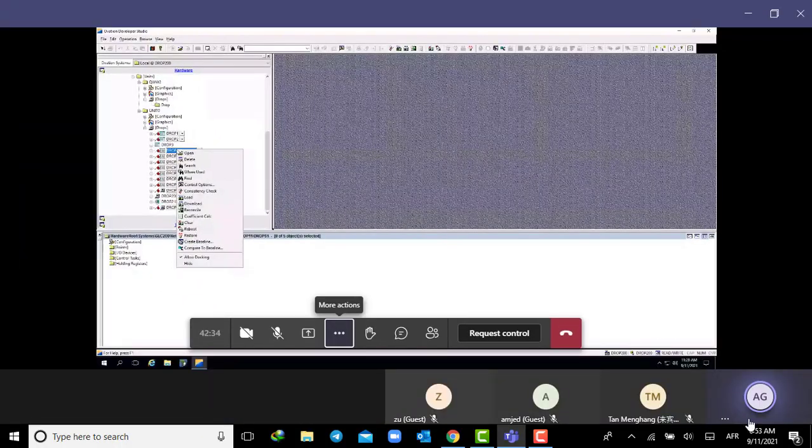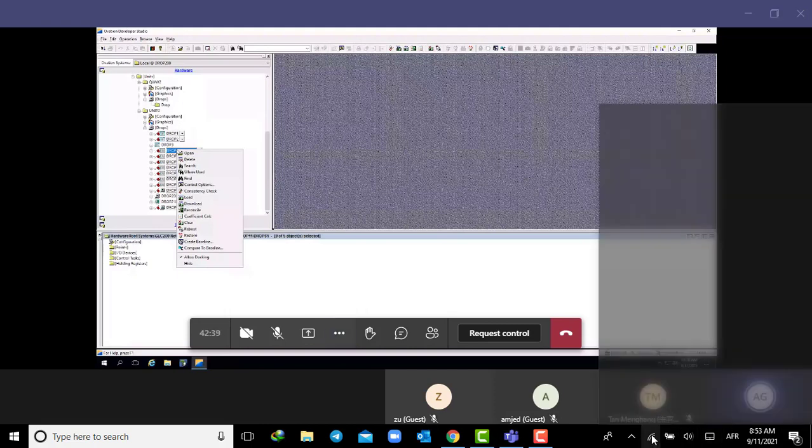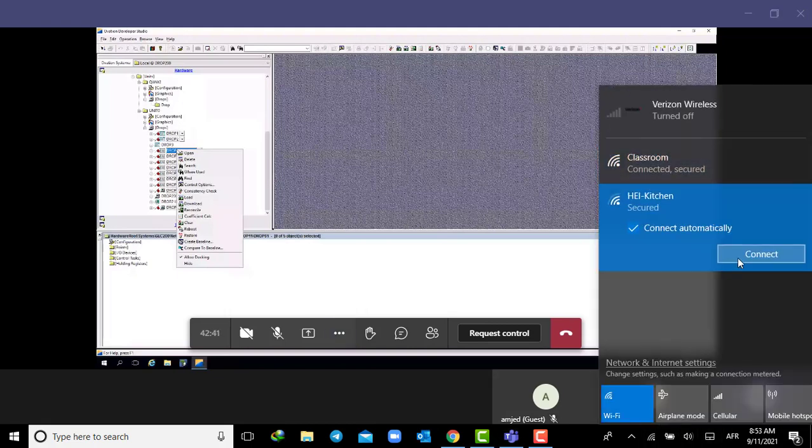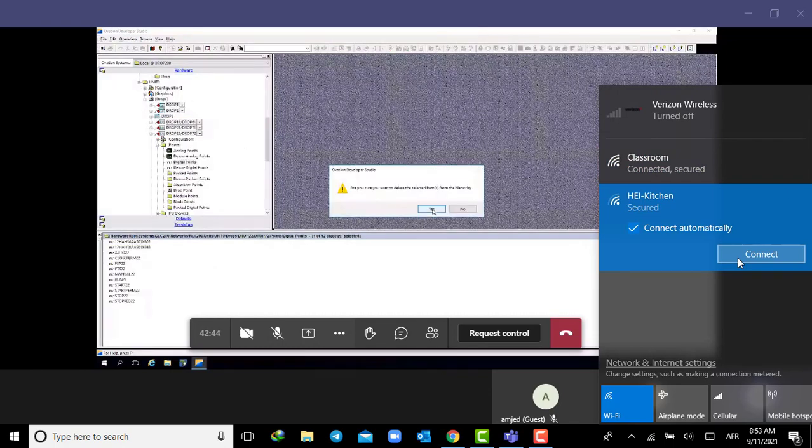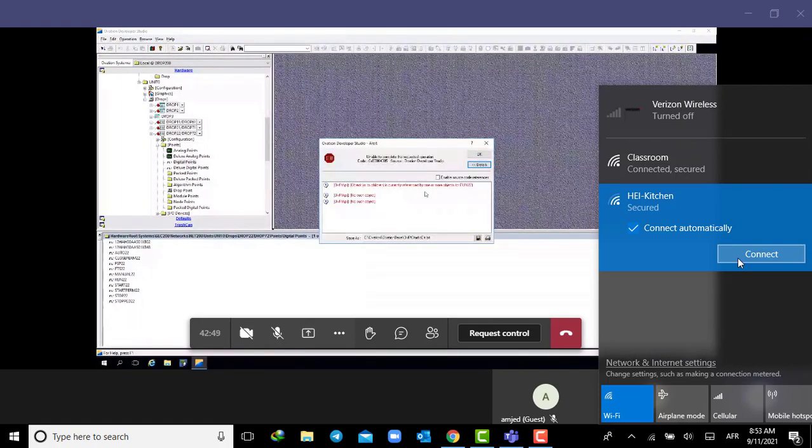Second, to delete any object, right click and delete. Right click and delete. Are you sure you want to delete this point? Yes. And this point will never get deleted. Click on details. You'll get the reason that this point is used at one or more places. So this is the beauty of our system, that it will always be checking for the references of this point. If this point is used somewhere, it can never be deleted.